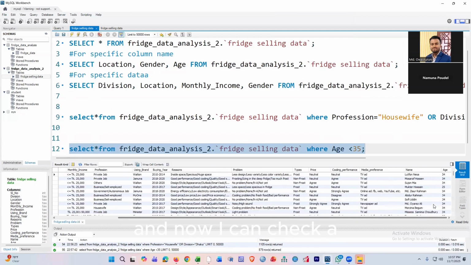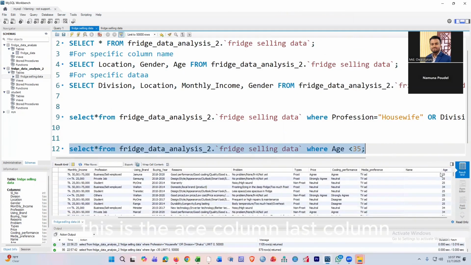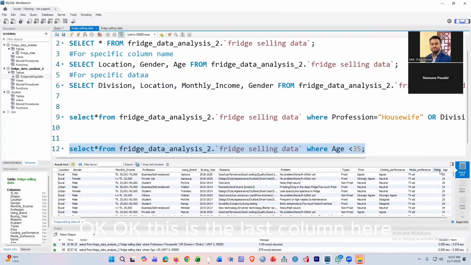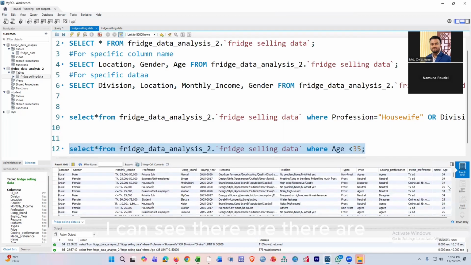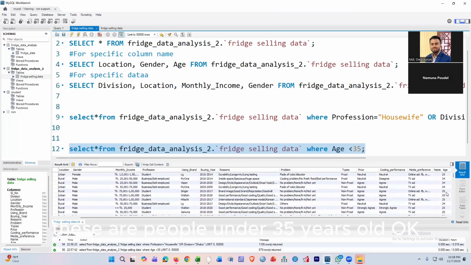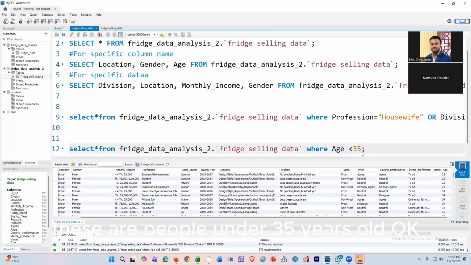Now I can check, this is the age column, the last column. Here I can see these are people under 35 years old. If I want to use multiple criteria, like profession should be